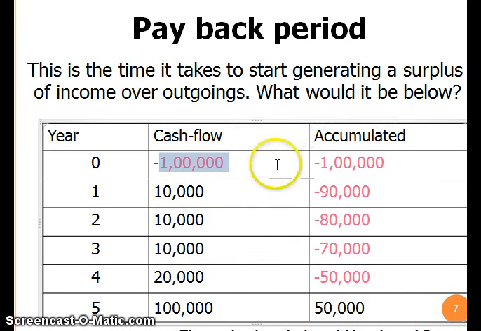So in the 0th year, the 1 lakh will be as such your debt, and in the first year you get 10,000 as return, so you can pay it. So the remaining amount to be paid back is 90,000, and in the second year your returns is 10,000, so you pay back the 10,000, so the remaining money to be paid is 80,000. So likewise, in how many years can you pay back your initial investment.